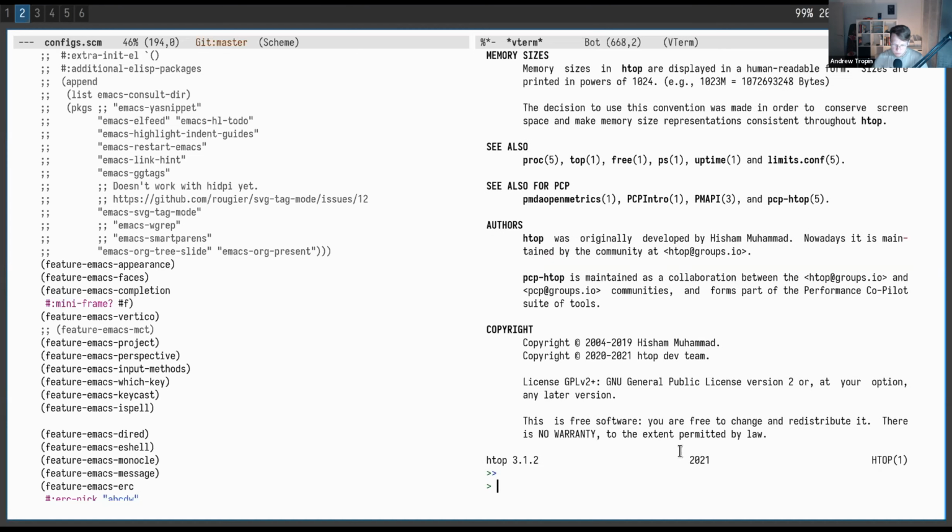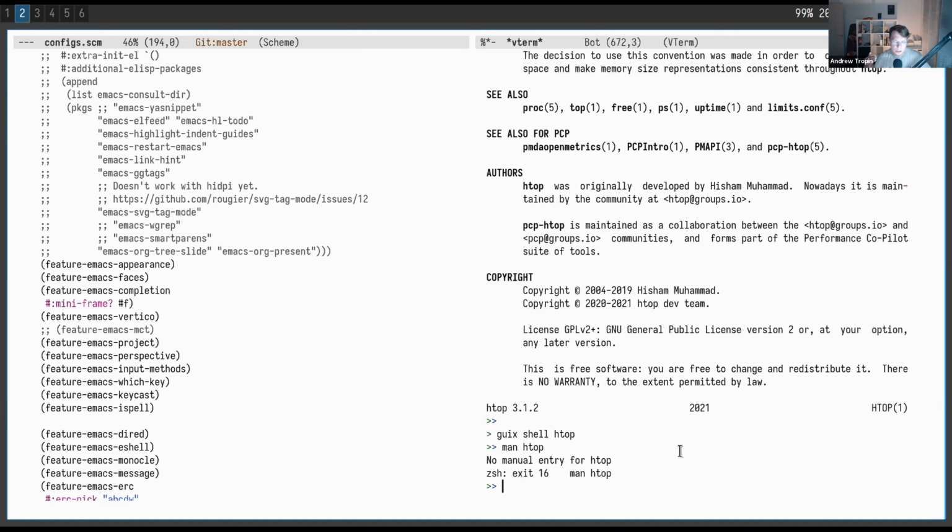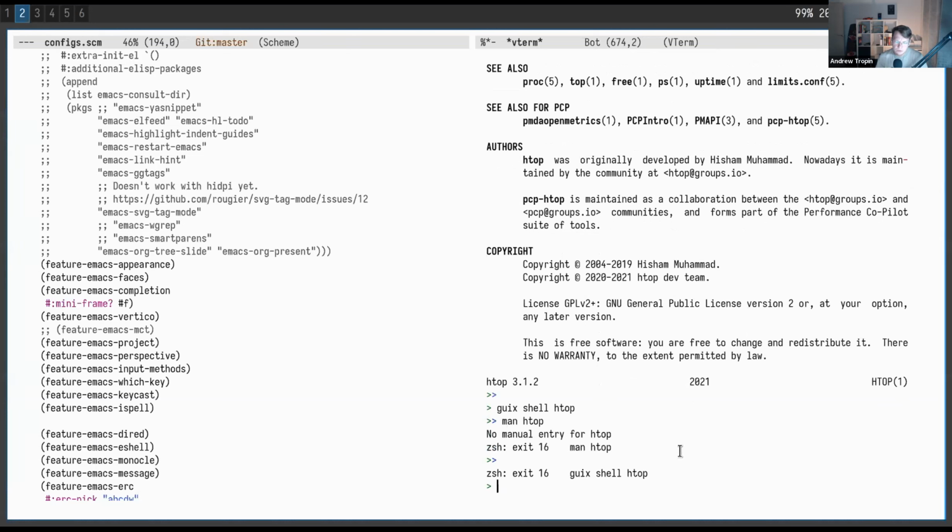But if I spawn a basic shell with only htop, it will say that there is no manual entry for htop. So not only the binaries become available, but also documentation and all other stuff that we can set up with our environment variables. And the same works for the project, but in a little more